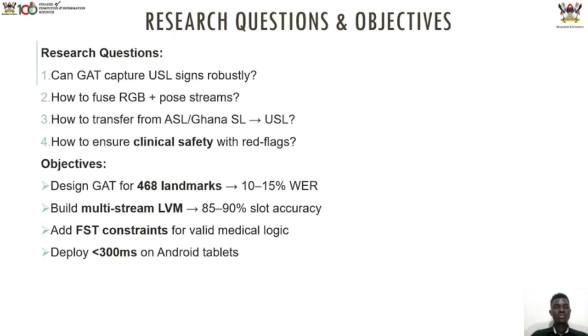The objectives are to design a graph attention network for 468 landmarks, which implies a 10 to 15% word error rate, and to build a multi-stream large vision model,